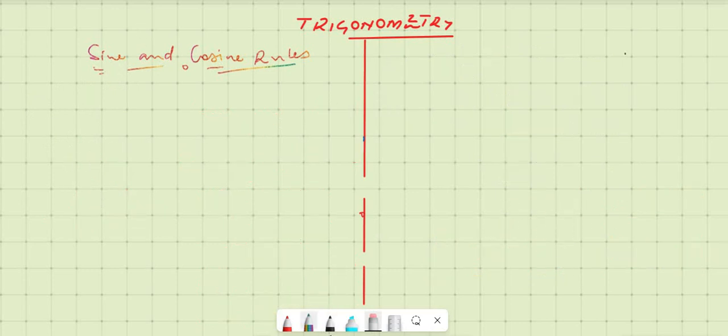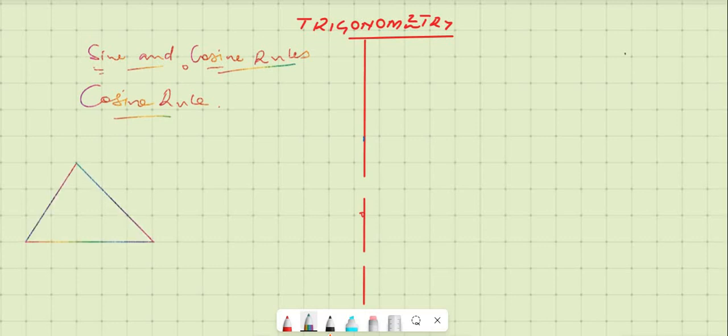Now let us try to look at the cosine rule. Suppose you have some triangle. Let us again use a triangle there, ABC. By now, we should be all comfortable that this side becomes a, this side becomes c, and this side becomes b. And suppose this triangle has got some perpendicular height h,